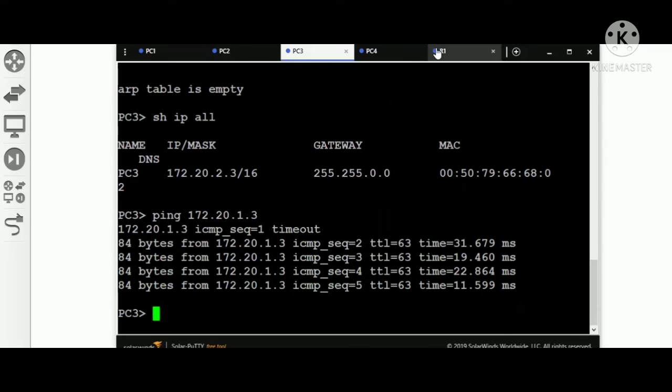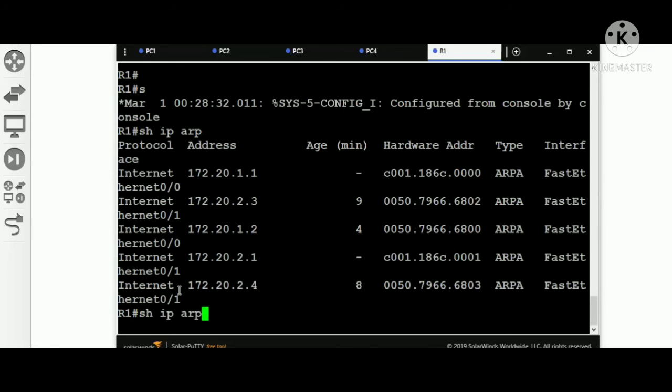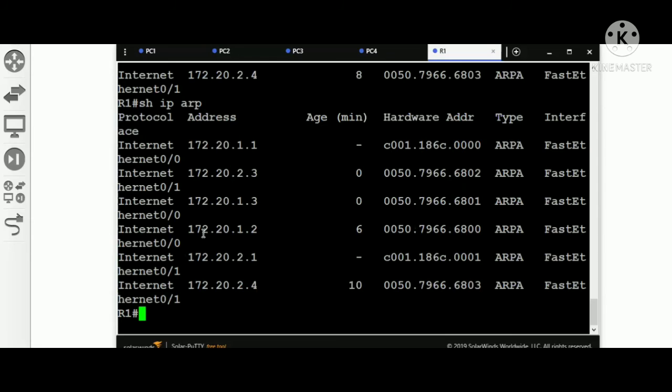So let me go to router 1 and check the ARP table again. Now you can see 1.3 and the MAC address of 1.3.